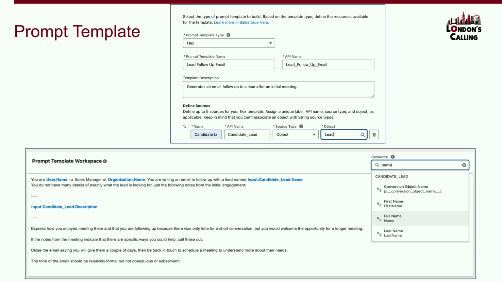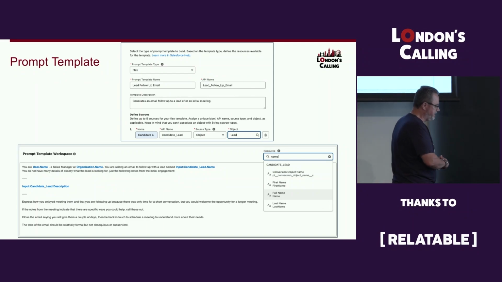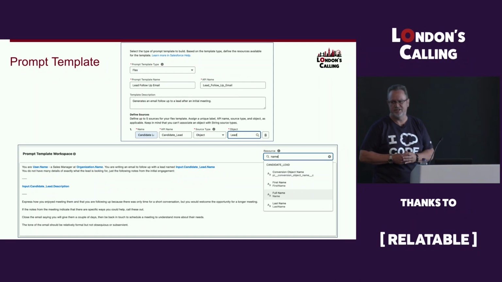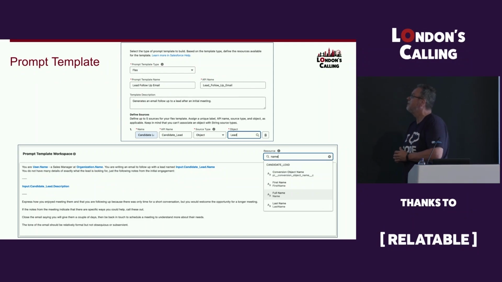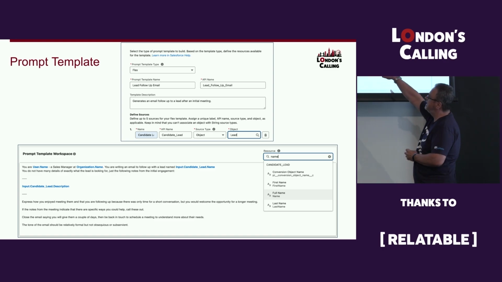So you want relatively formal. This was interesting, relatively formal. It was really, really obsequious. It was almost begging for the meeting. So I told it, relatively formal, but don't be obsequious, don't be subservient. But that's what you do. You just tune it around, make sure it's giving the appropriate tone of voice that you want for your particular organization. And also, because I've identified the lead, the candidate lead, as being a resource, effectively a grounding object, I can then go through and I can introduce,